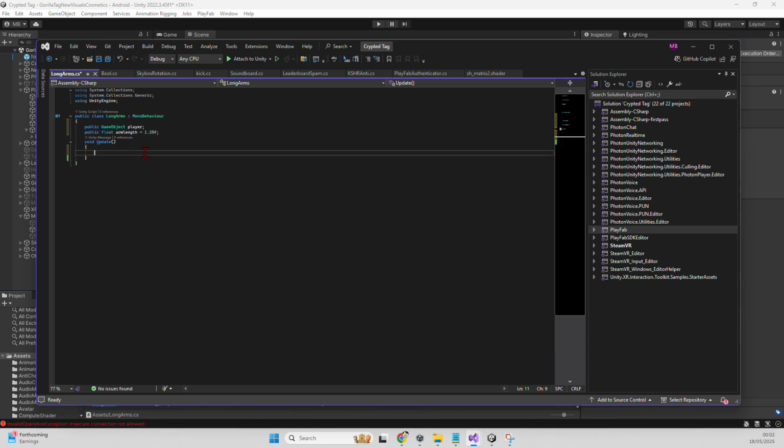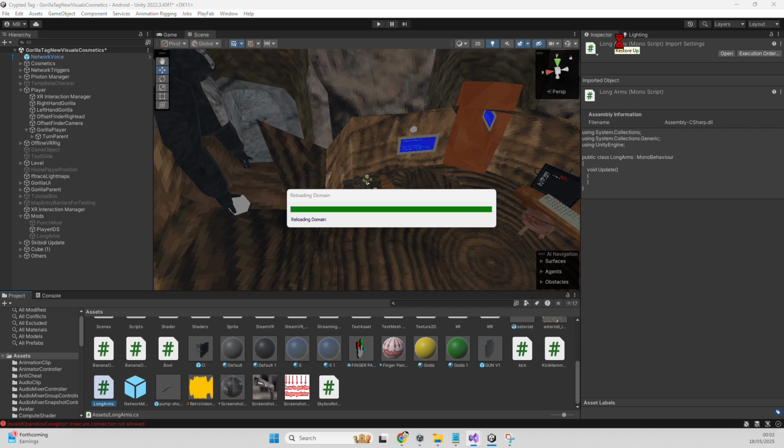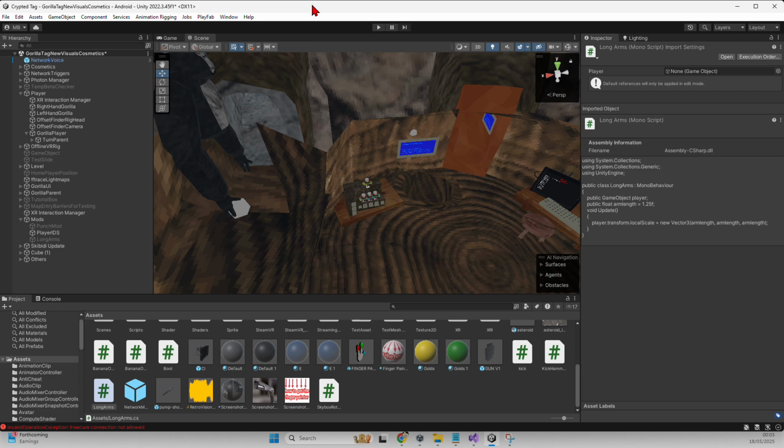Now you want to do player.transform.localScale = new Vector3(armLength, armLength, armLength), and that's simple life for you. And this should work as you expect it to. Just give it a sec to load. Then after that's loaded,